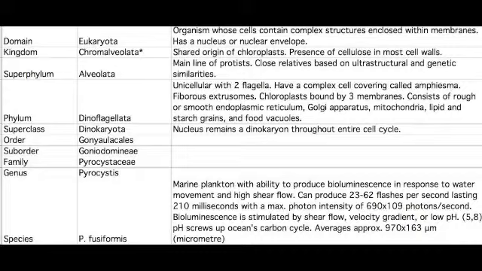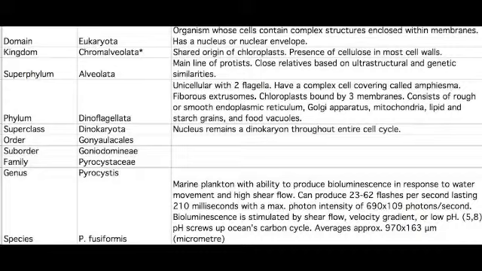The superclass Dinocaryota, which Pyrocystis fusiformis is a resident of, is a dinoflagellate that has a nucleus that remains a dinocaryon throughout the entire cell cycle. Little more information is widely available in regards to the scientific classification of Pyrocystis fusiformis. It falls under the order of Gonyaulacales, the suborder of Goniodominae, the family of Pyrocystaceae, and the genus of Pyrocystis. The species, though, we were able to find quite a little bit of information on.